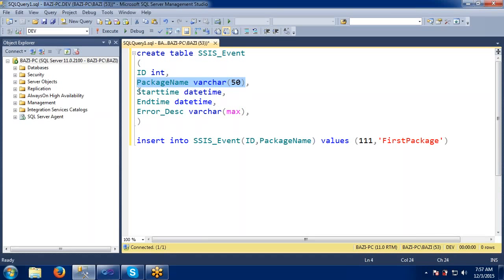When that package was started, when that package ended, and if anything failed in that package, means suppose I am executing the package and anything goes wrong, what was that error description I want to capture in this column. So for that I am creating this one table here.